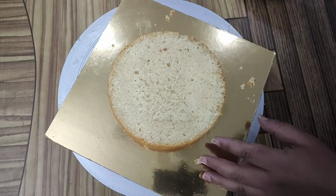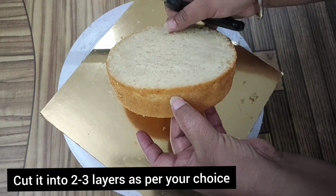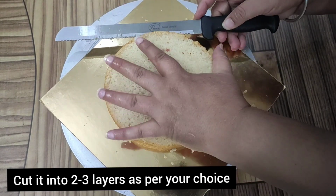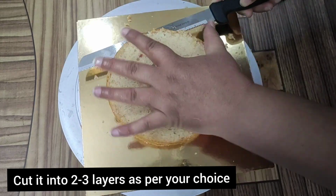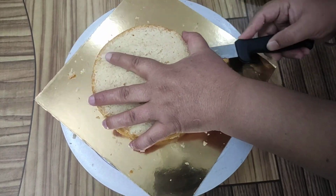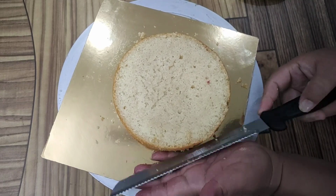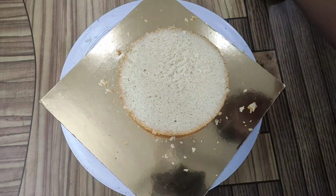and as you can see we can make this cake into 3 layers, but today I'm going to make 2 layers. So again put the knife on the sides and notice the action I am using with the knife. This way you can cut the cake very easily. So our cake is cut into 2 portions,